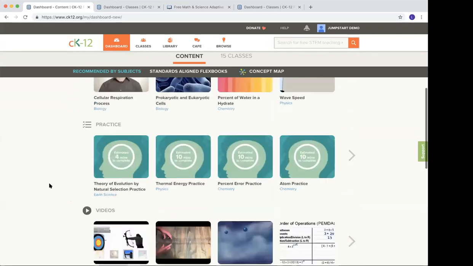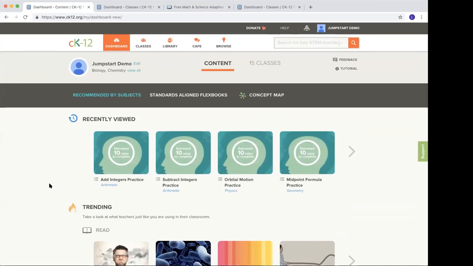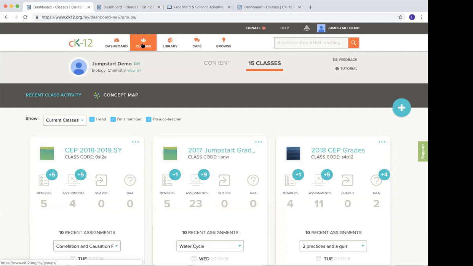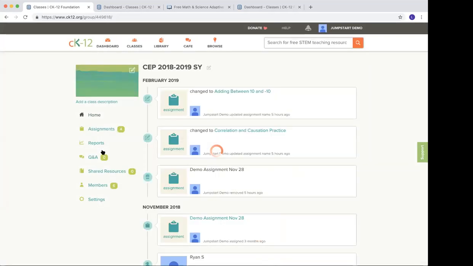So your dashboard could help serve up some interesting information to you. Up here, where it says I have 15 classes, if I click on that, it flips the tab over to the classes page, and I'm going to go to this demo CEP 2018-2019 class just because we have some work already populated in there. All right, so I showed you what these left nav options do, but let's go to